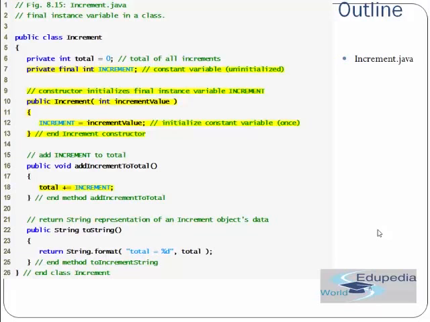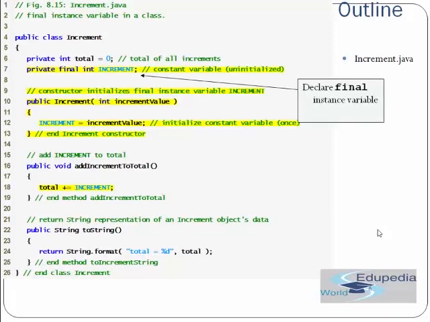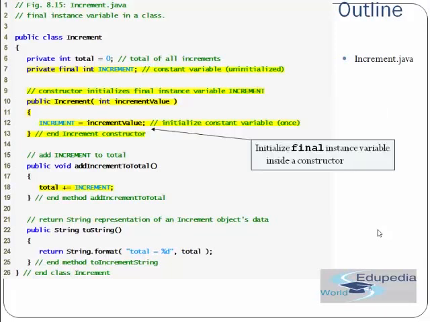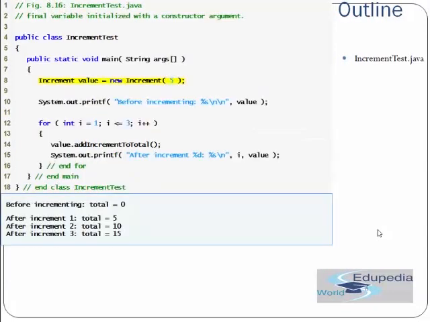Then we have addIncrementToTotal. We are incrementing total, and we are adding increment into that. And then we have a method toString. So this is the Increment.java class. Fine. So you can see we have declared a final variable over here and then we are initializing the final variable inside the constructor. Then you can see we have an IncrementTest class where we have a